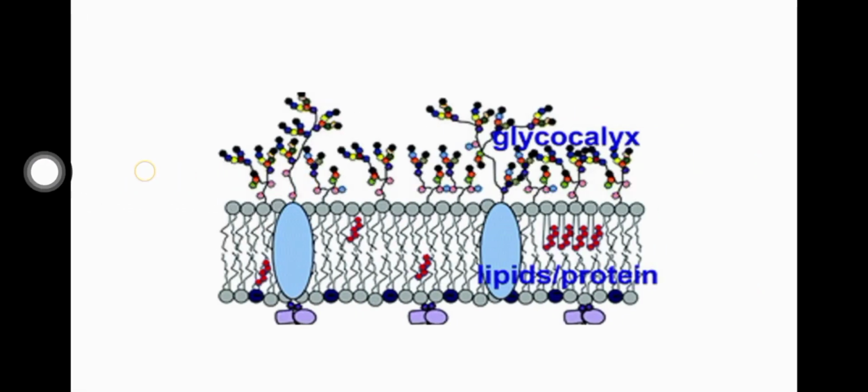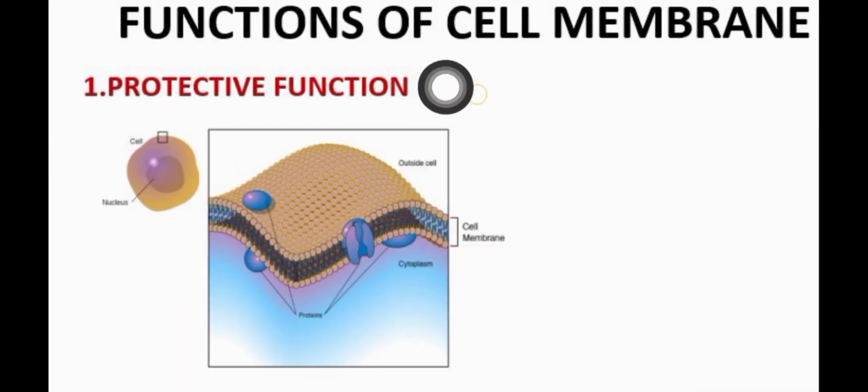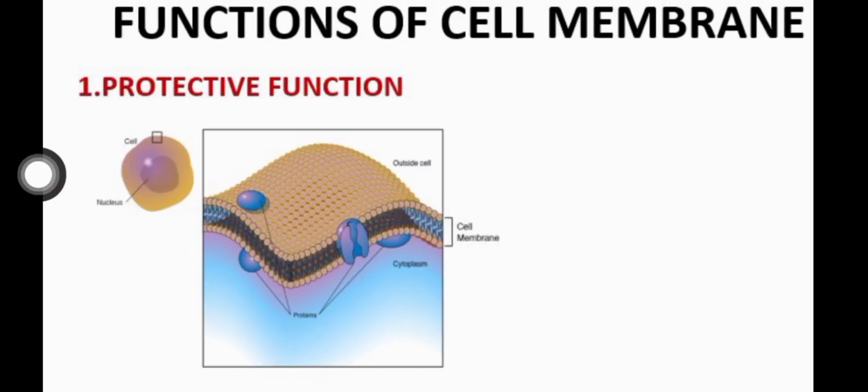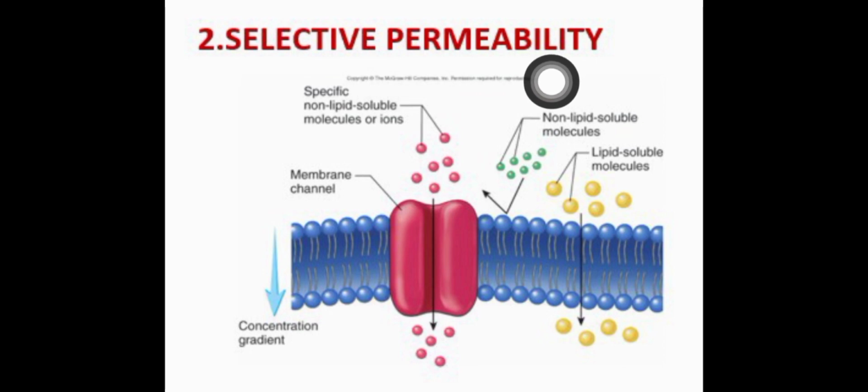Now coming to the next topic, functions of cell membrane. There are 6 functions of cell membrane. First is protective function. Cell membrane protects the cytoplasm and the organelles. Second function is selective permeability. Cell membrane acts as a semi-permeable membrane